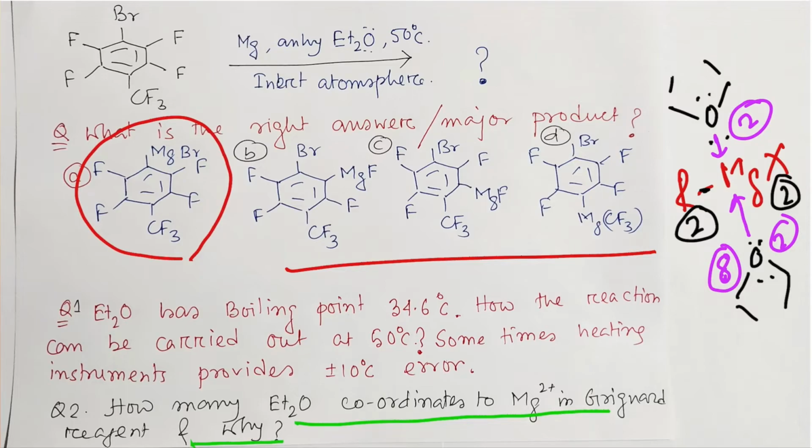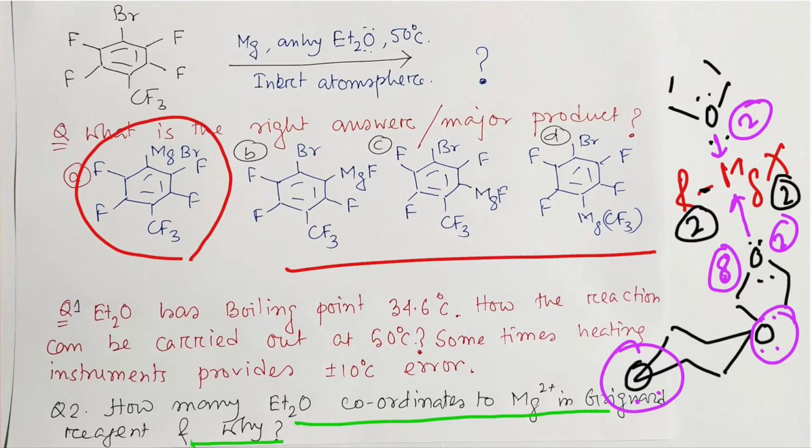That's why, remember students, in the case of a Grignard reagent, 2 molecules of ether coordinate to magnesium. But if I ask a smart question, if I take 1,4-dioxane, how many molecules of dioxane are possible? 1,4-dioxane is this. Actually it is a diether, you can consider 2 oxygens are there, so in this case 1 molecule of dioxane is required.